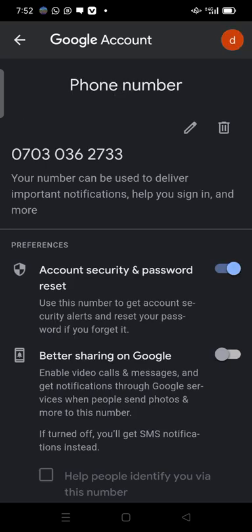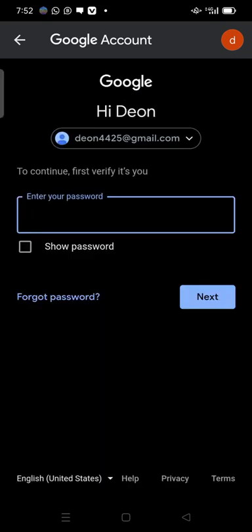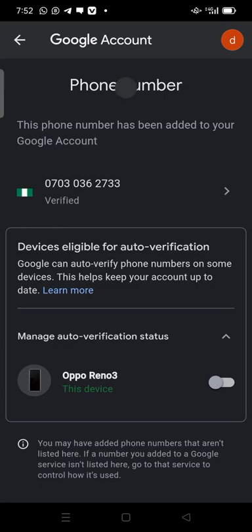If you want to do anything to this phone number, click on it. If you want to change it, you can see the pen here. You click on it. Assuming you want to edit it, you click on the phone number, you enter your password and then enter the phone number correctly. If there's no phone number there, you follow the same process, come to this place and enter the password, then enter the phone number. Once you enter the phone number, it will be registered and saved. It will be verified here.